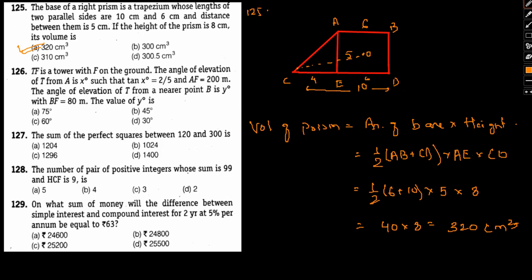This is how the figure actually looks. If we try to draw the figure again in the 3D view, you can try and understand that this particular point would be connected to all these vertices. That's how the prism actually looks like, and it will be erected at a right angle, and this particular line that is drawn from the center of the base to the tip, that is C, will be the height. I hope this is clear. Having said that, let us now move on to 126.